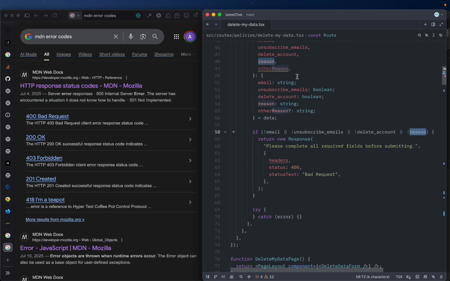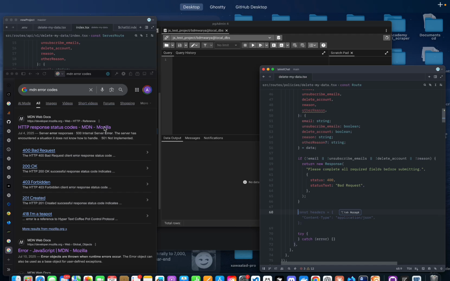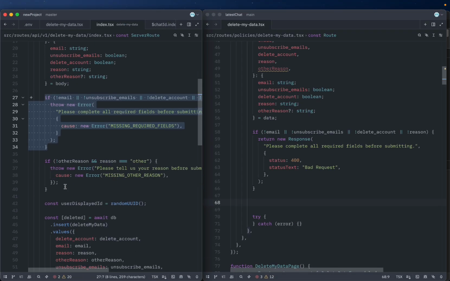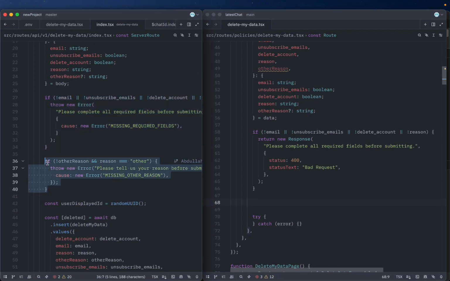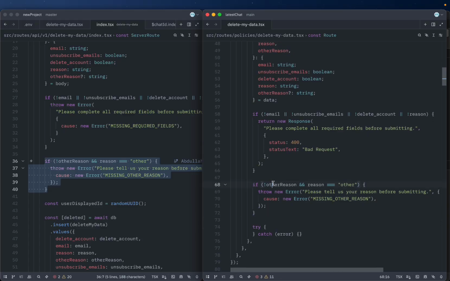So now we know that all of these values will be here past this point. We don't really need headers there right now. So now we're gonna go, and what's next? Here is where we check if we got another reason. So here we're doing a check: if not other reason, and reason equals other,